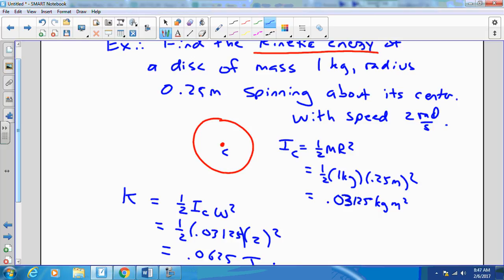But if we were to change this problem and to include some motion of the center, we would have to now consider both the rotation of the object about its center and separately the movement of its center together with it. And we would have to combine those two energies. And the reason that we do that is